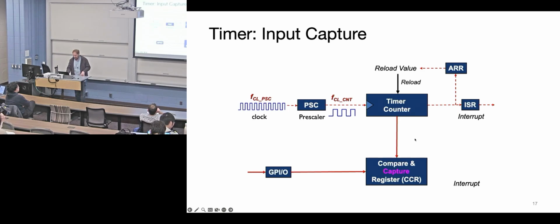Now we have the condition here where the timer value, and this should probably be a 16-bit bus if we were going to be a little bit more accurate about it. The 16-bit bus here says when the GPIO goes high, take the value of whatever is in here, capture it, put it into this register, and then throw an interrupt.